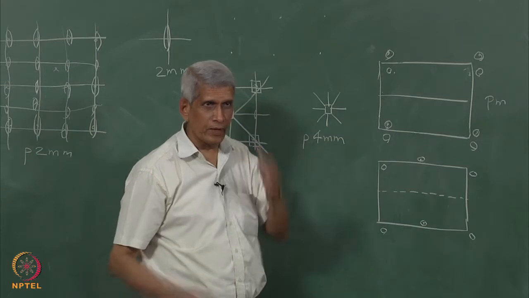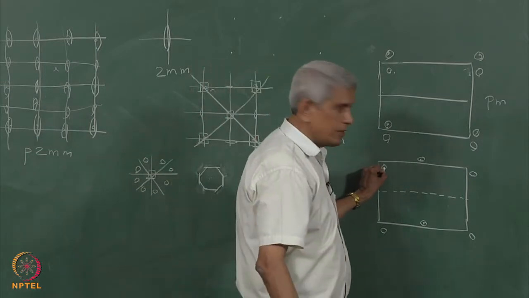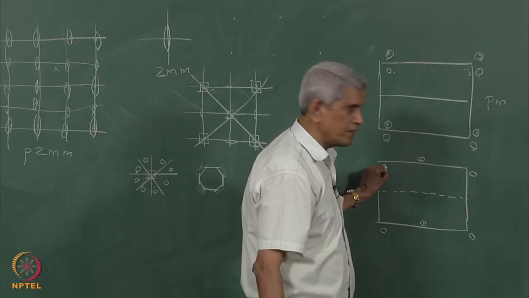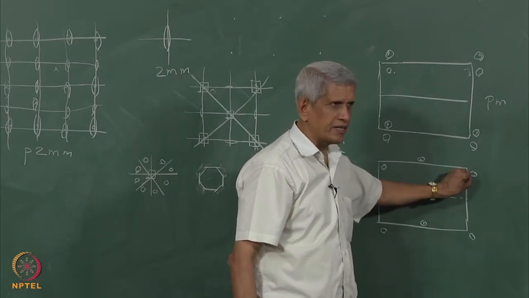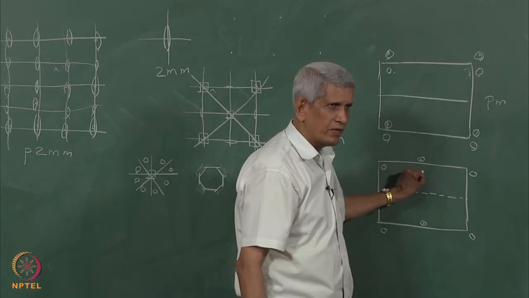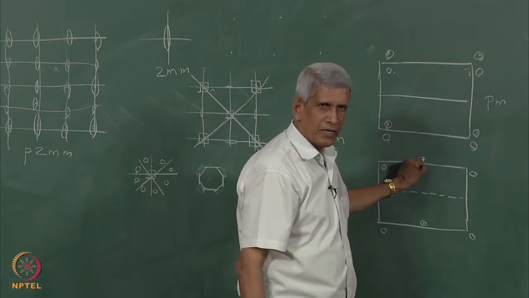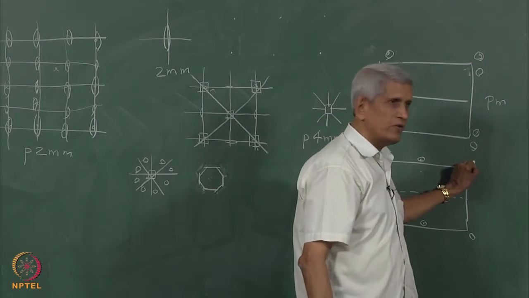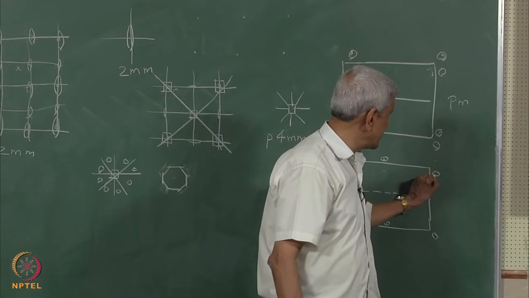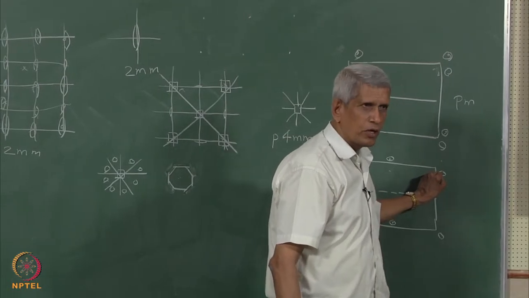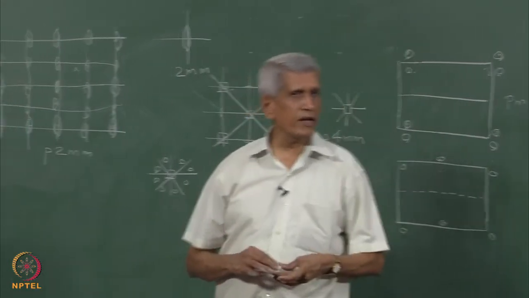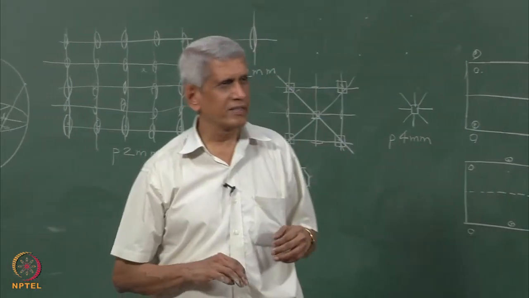Okay. Now, if you see it in this structure, what we have done from here to here is the lattice translation vector, correct? We have shifted it by half and then taken a mirror image, again shifted it by half, that is translated by half distance and then taken a mirror image. So, it will come back to this position. Okay. This type of structures are also possible in crystal structures.